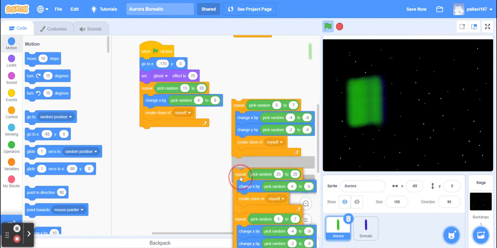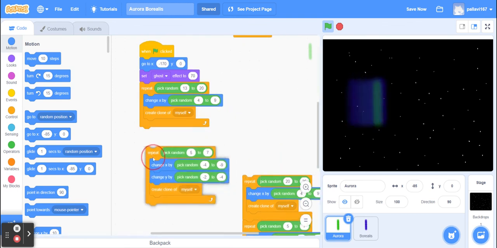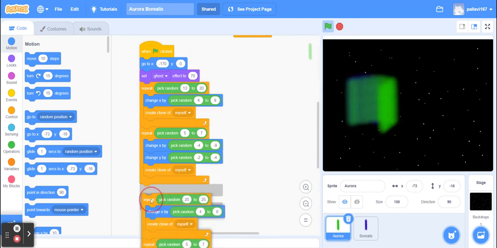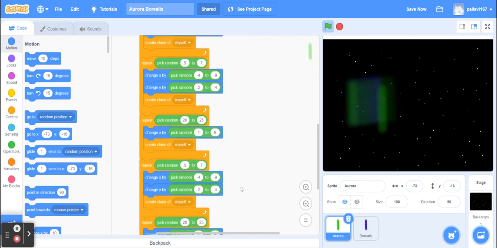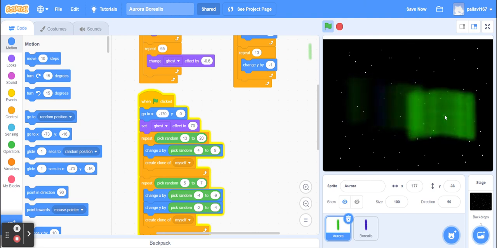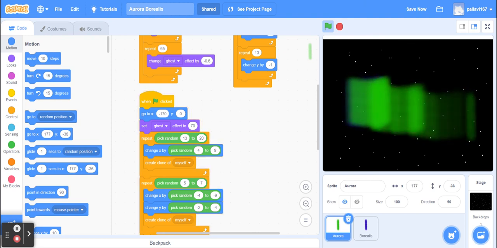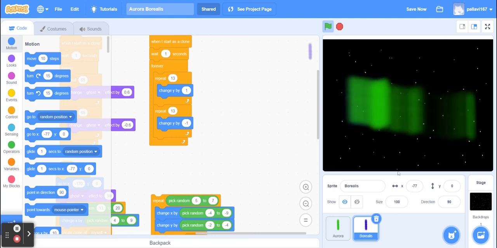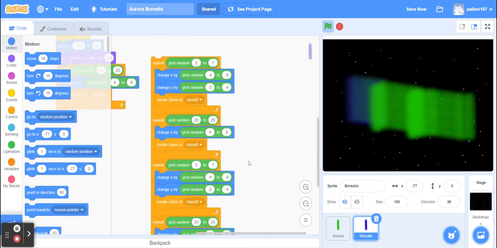Okay, now here I have used another repeat loop to increase its length. So now it creates another wave. And similarly, you can go on and on, as many repeat loops as you want. So it creates one more longer wavelength. And the same code has been repeated for the blue band as well.